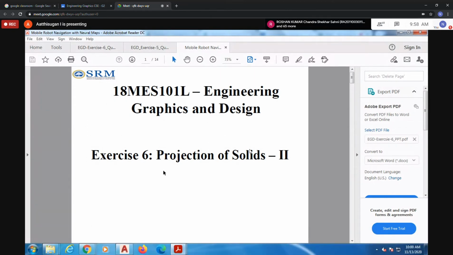Otherwise, suppose attendance is less than 75 percent, and in case you are not able to apply for any OD or ML, you may be detained. So you have to study the same subject next semester. Your time will be wasted, and your money will also be wasted. So don't waste your money as well as time. Main thing is time. So just maintain the attendance.